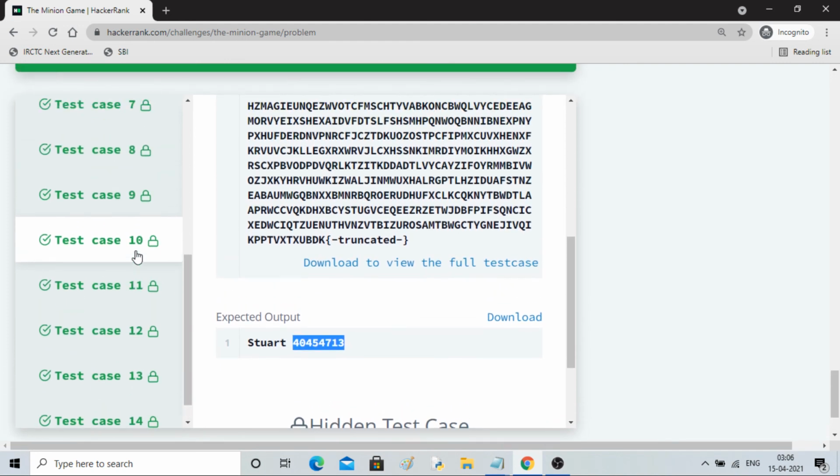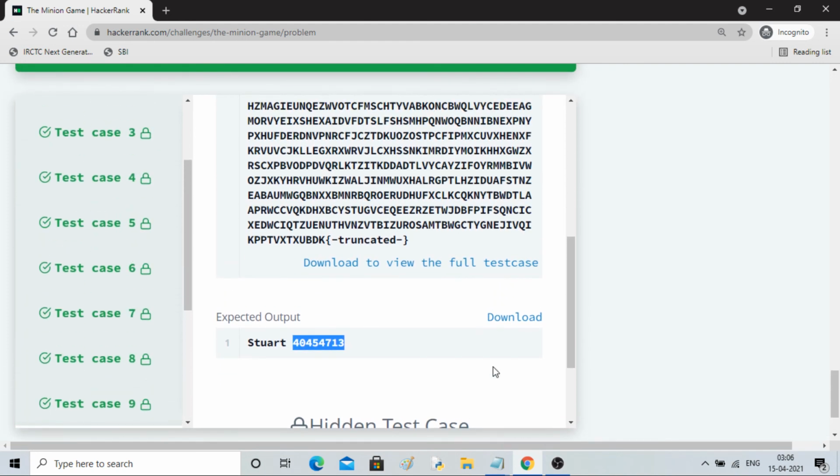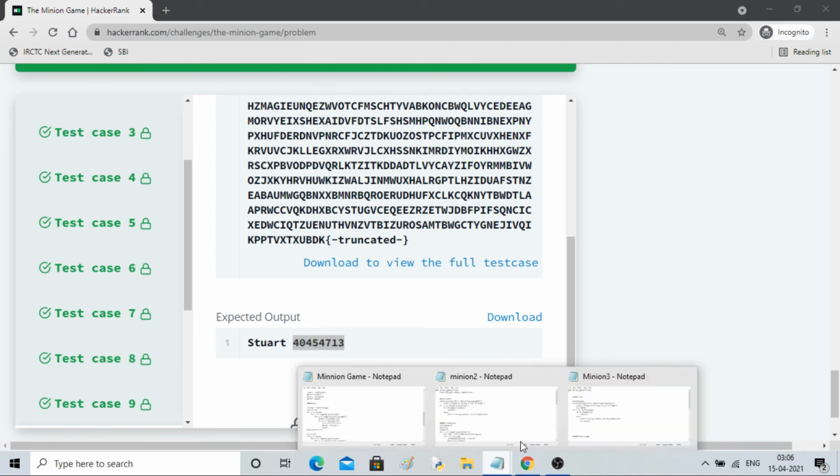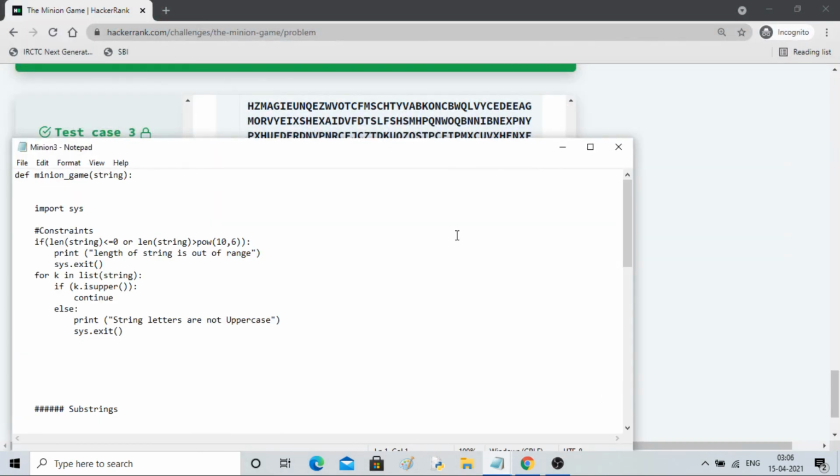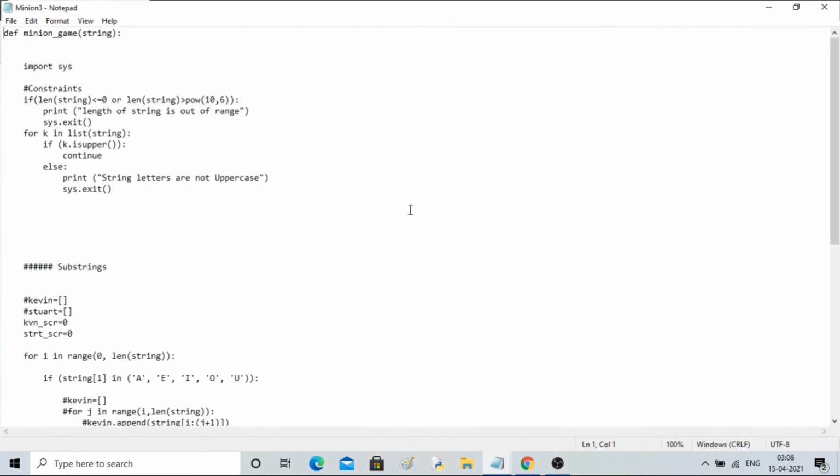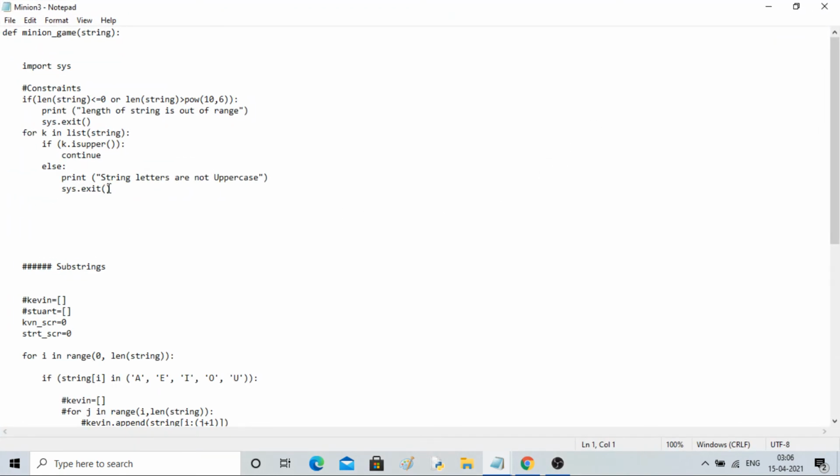Okay, hopefully you've learned a lot. I will show you what else I had tried. I wrote 2-3 codes. So this was the final code you are looking at. What I did, instead of print we can also do import sys, and sys.exit will exit. So yeah, break will not work. Let's import this.